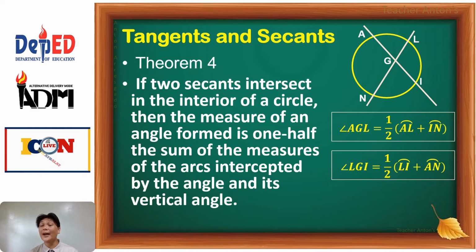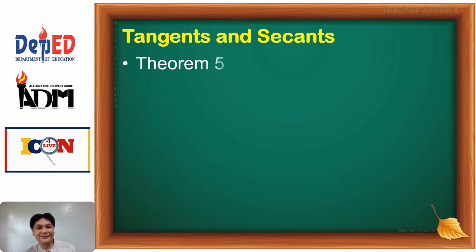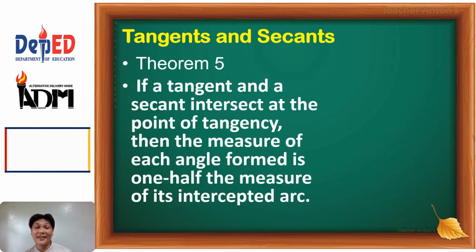Or another angle, LGI. To solve for the measure of the angle LGI, it's equal to 1/2 times the intercepted arcs LI plus AN, arc AN. Okay? For Theorem 5, if a tangent and a secant intersect at the point of tangency, then